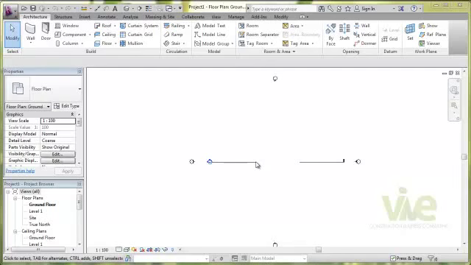In this video, we will go over the Topo surface feature in Autodesk Revit Architecture 2013. Now, before I start, I have to go over a small review about the Topo surface feature in Revit. I must mention that this is a complementary tool that comes with Revit, but it's not designed to work fully